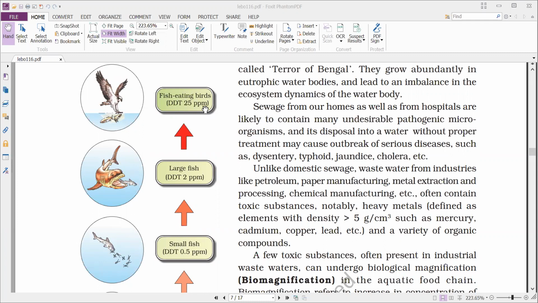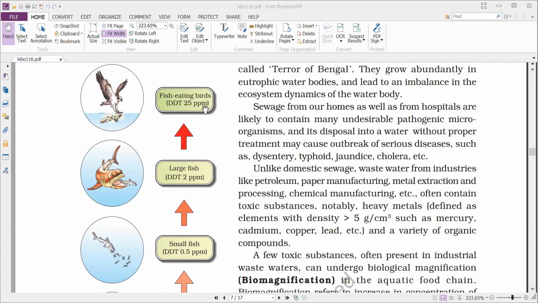That is a huge amount getting accumulated. If they are non-biodegradable, they are not utilized. What is the problem, sir? Even if it is accumulated in the fishes, after their death it may be added to the soil. Then what is the problem, sir, you say. But the problem is that these heavy metals which are accumulated are causing a lot of health hazards in the climax carnivores like humans and birds.